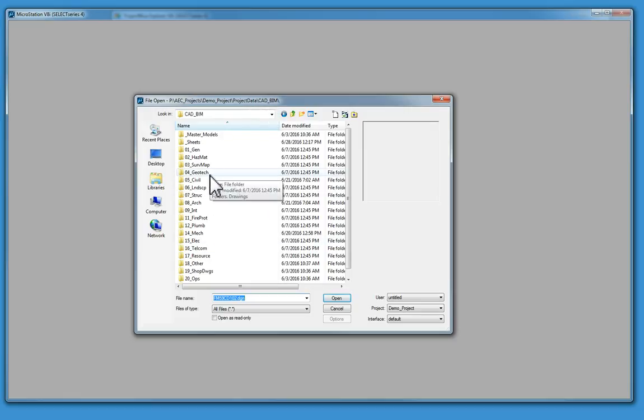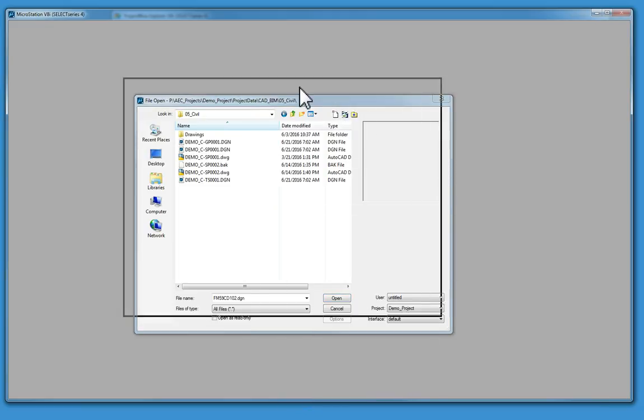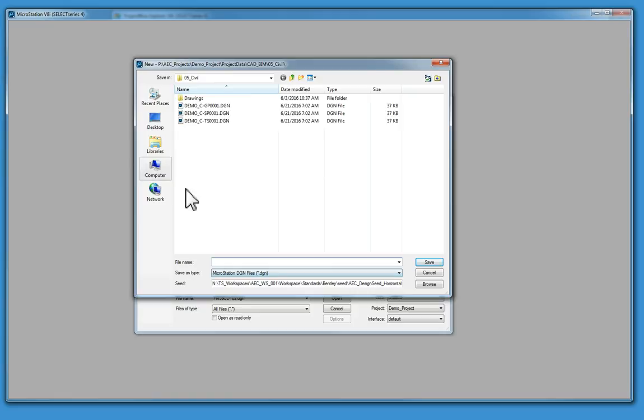Then I'm going to pick my civil folder, and to create a civil grading plan, I'm going to hit File, New. And I'm going to look inside of the new dialog box, and I'm going to look at what the seed file is. Now I'm going to browse to the seed files,